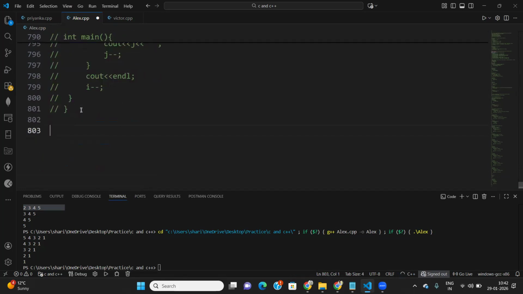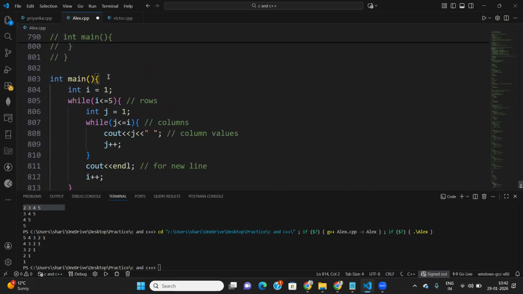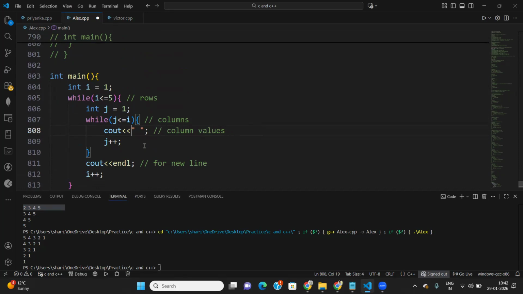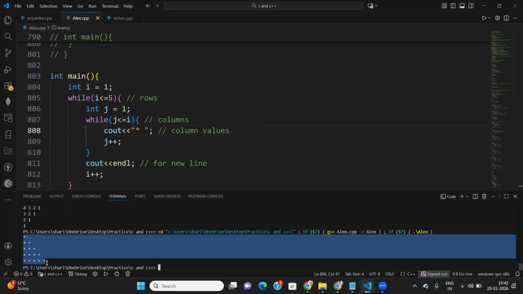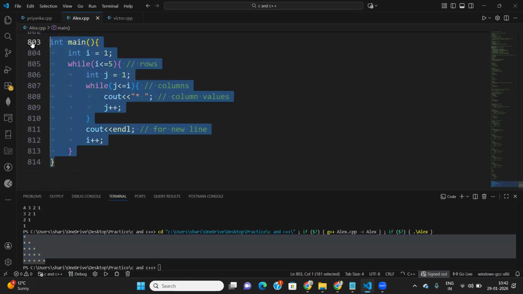Suppose I just don't need to report anything, not an i, not a j, not anything. I just put here this symbol. And then if I run this one, what will the symbol be called here? This one, right? This is the star symbol. Got it? And then if I want to reverse this one,